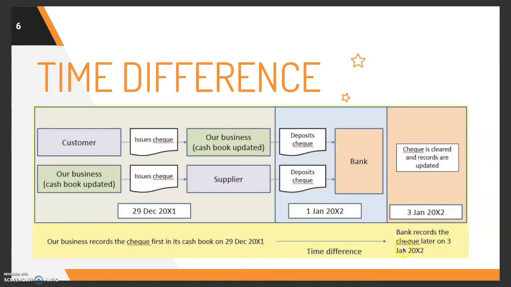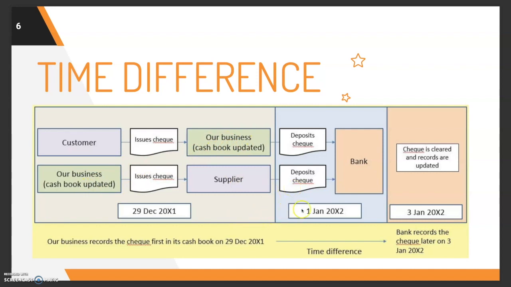The second reason is time difference. Whenever we receive a check from our customer or when we issue a check to our supplier, the accountant will be the one to know first. So they will be able to update their cash at bank account immediately. So here you can see on the 29th of December, they know of this transaction. They are able to update the cash at bank immediately. But